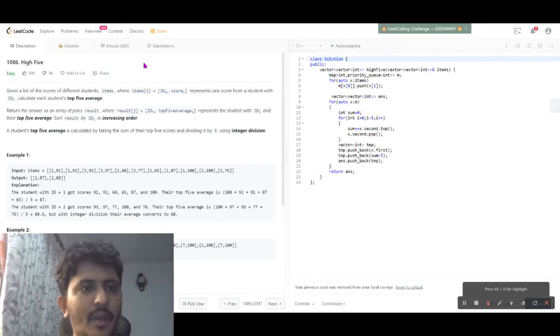Hello guys, today I am doing a problem called High Five, which is on Leetcode, and it's a kind of easy problem on Leetcode. And the problem statement, let's understand what it wants to tell. So here it is mentioned that there will be n number of students, and for each student